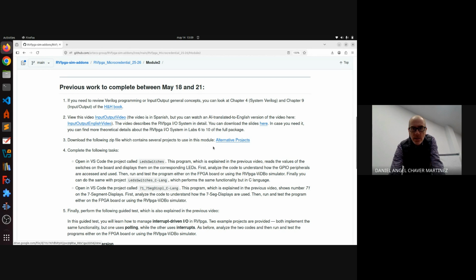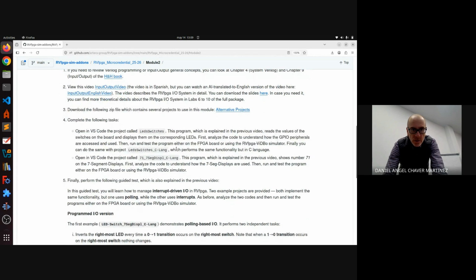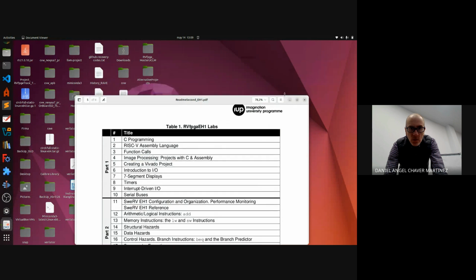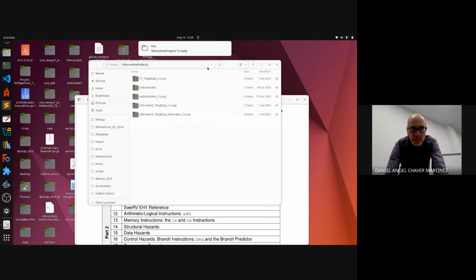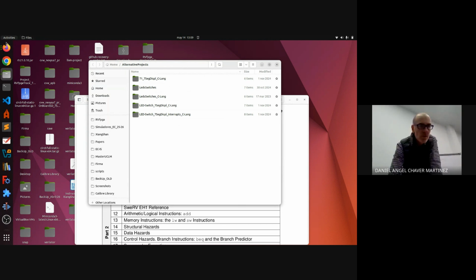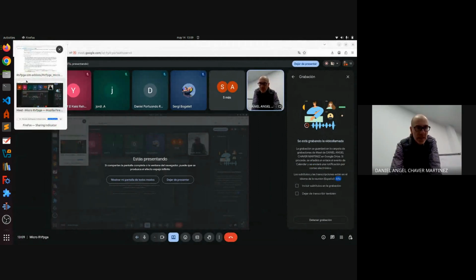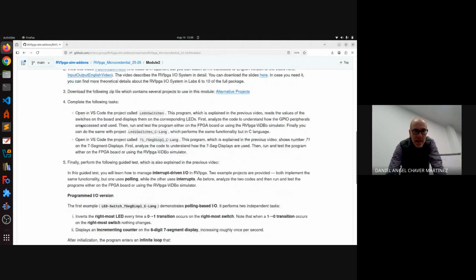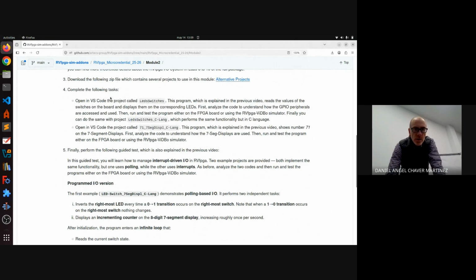This is a new source of projects, alternative projects that you have to download because we're going to work with them in Module 2. I have downloaded this here in my laptop. It includes several PlatformIO projects that we will use in the module. Okay, so you will download that in the virtual machine if you're using the virtual machine, or natively if you're working natively, and then you're going to look at